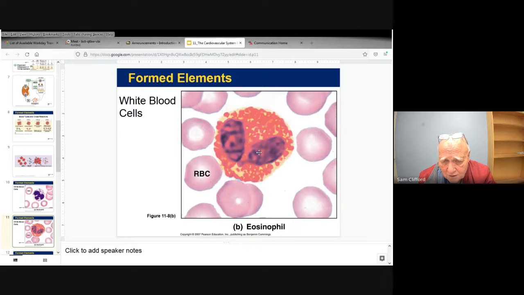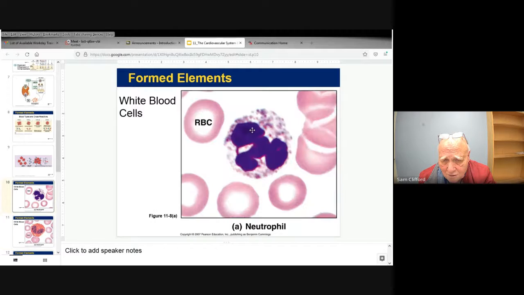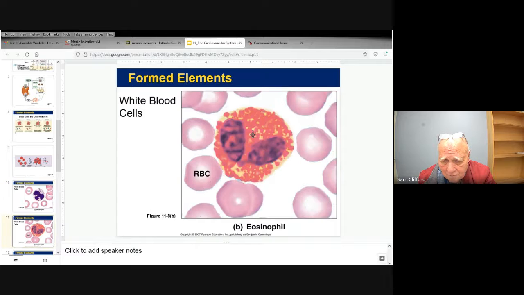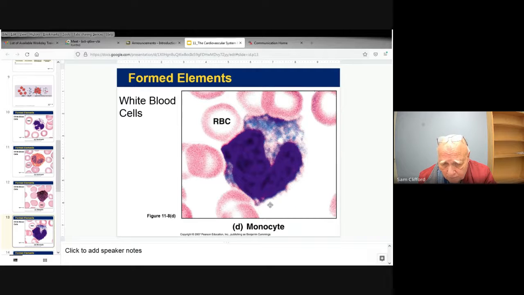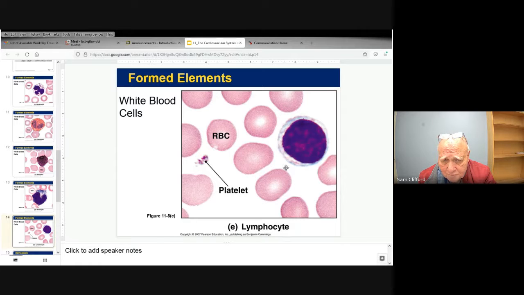So these are called granulocytes because they have granules in them. And here we have basophils because they stain basic with basic dyes, so basophil means basic lover. Monocytes have this large two-lobe nucleus with a cleft in between the two lobes. Platelets and lymphocytes. Lymphocytes have a big circular nucleus, and platelets are very, very small, but obviously very good for